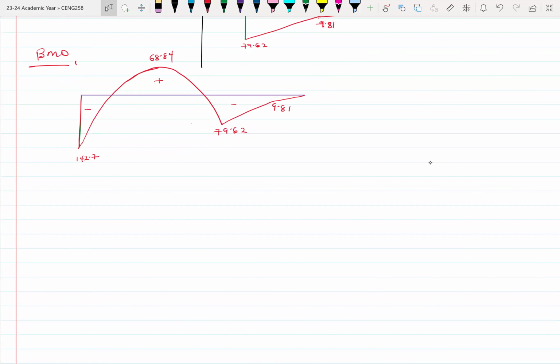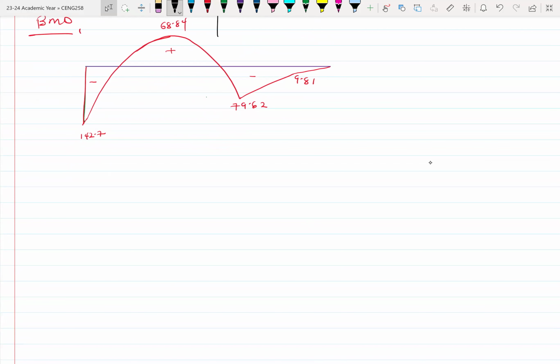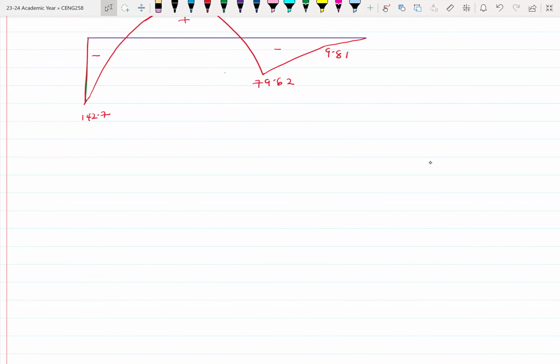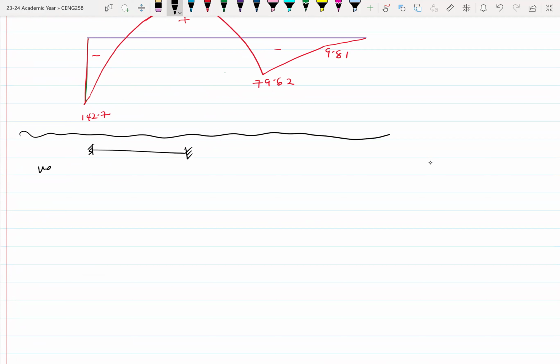Let's look at some specialized cases when it comes to the slope deflection method. Okay. So normally when we go with the slope deflection equations, we typically assume that the ends are fixed. All right. So we usually assume that the ends are fixed. All right. So what that gives us is